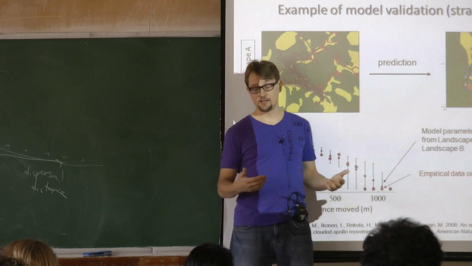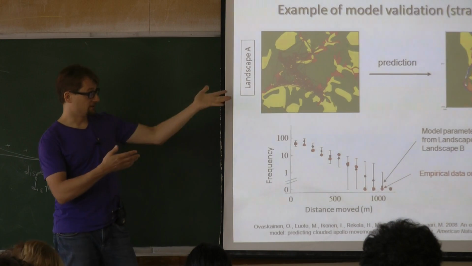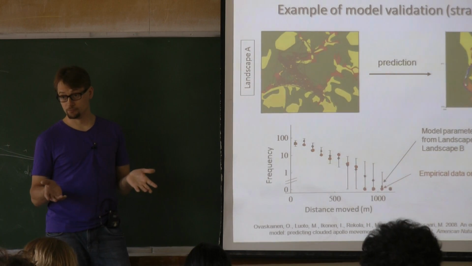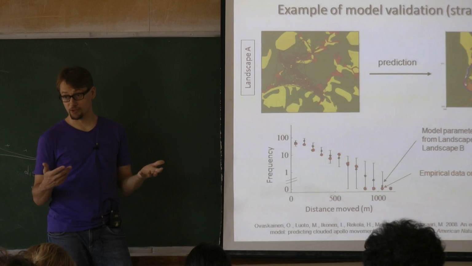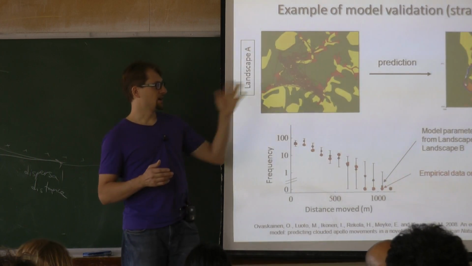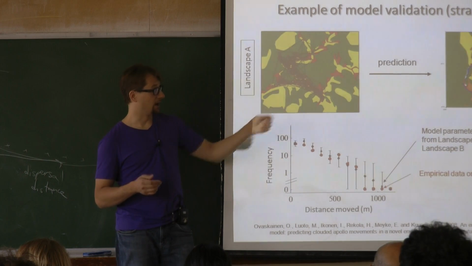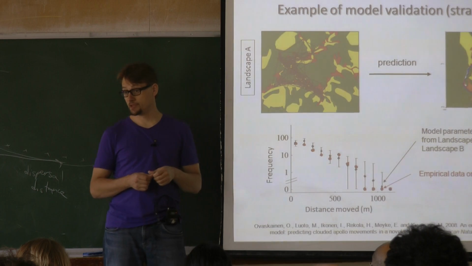And if that's the case, then the model prediction for landscape B should be good. But if any of those assumptions is not true, then of course that shouldn't be the case. So let's say that this model validation exercise shows that I cannot predict what happens in landscape B, but I